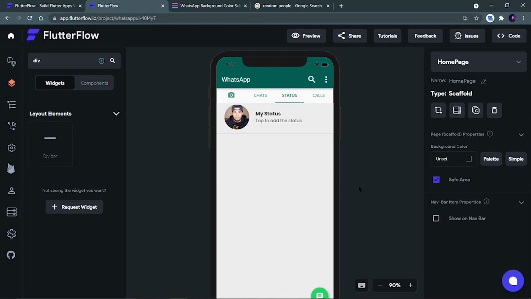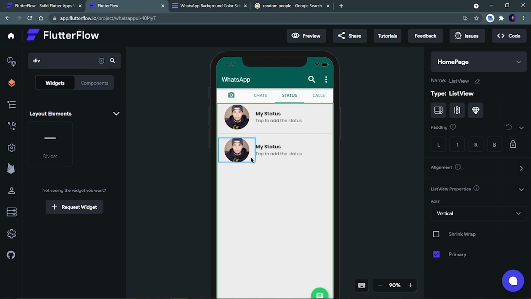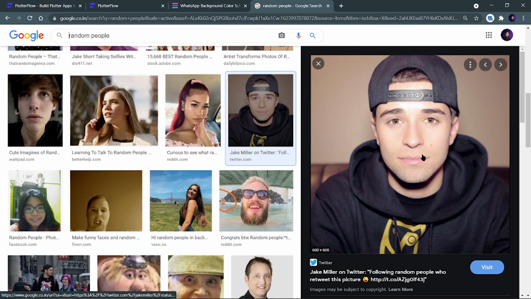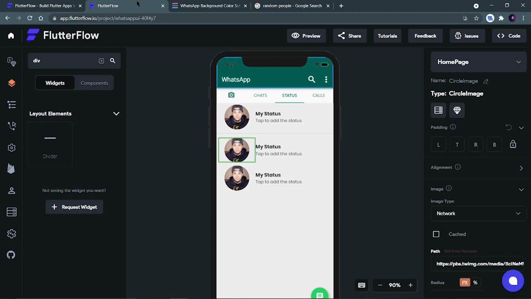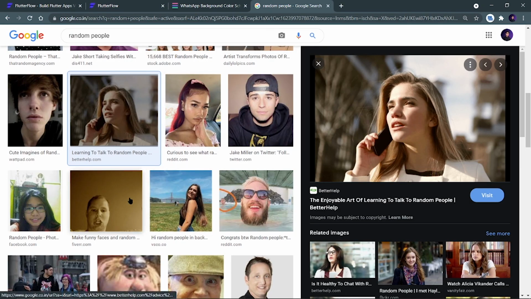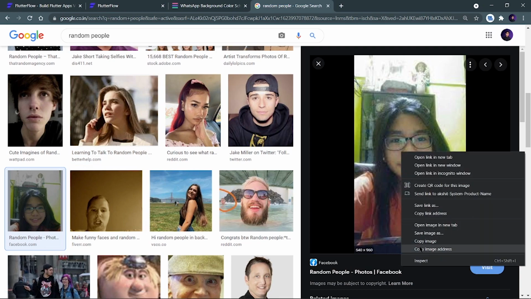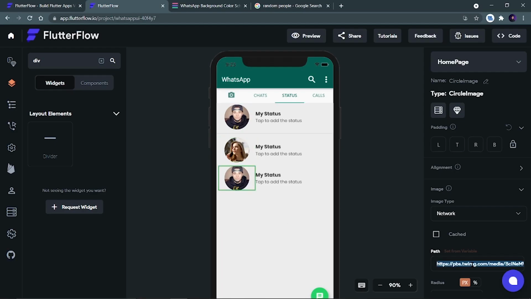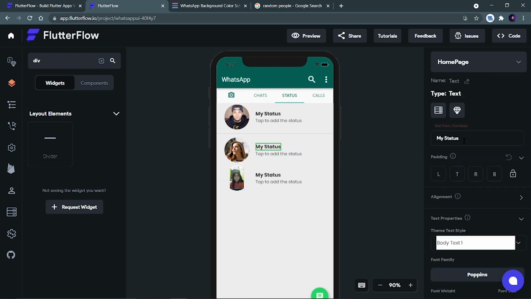Perfect. Now we want to add the status of other people, and let's do it. First of all, I'll paste it again. Yes, I am able to paste. I'll add only two statuses, and I will make the image this one, control V. Let's take one more image, this image. Yes, I'll change the name, or we can just put a simple phone number. I'll also make this a phone number.